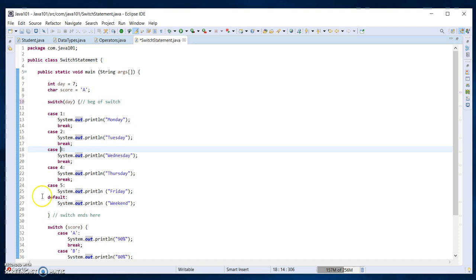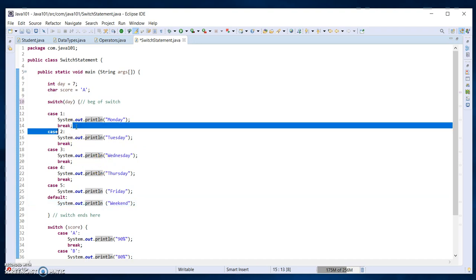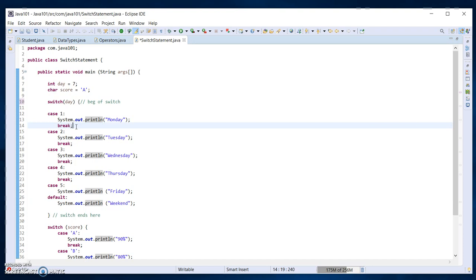You can see there is a default. If none of the above statements are true, then the default will be executed. It's like your else statement, right? If the condition is true, the statement will be executed, but if nothing executes, then you have an else statement. The default is the same in the switch statement. And as I said, the break statement is an optional one. So let's say we are going to do